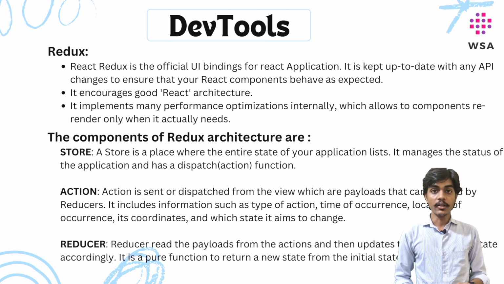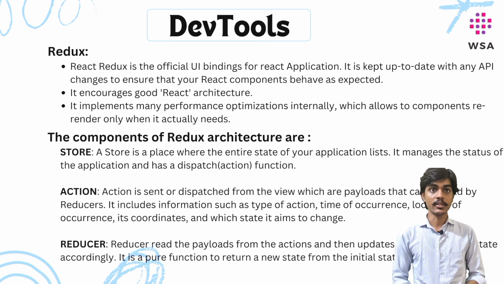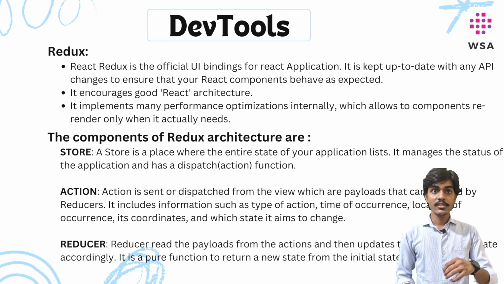And now I will talk about the Redux architecture. There are three parts: store, action and reducer. And what is the store? The store is the place where the entire state of your application lives. It manages the state of the application and the dispatch function. And now an action is sent by dispatch from the view, as a payload that can be read by